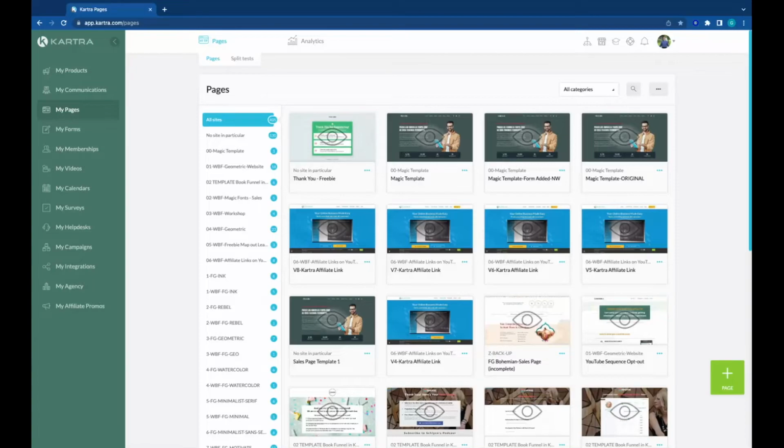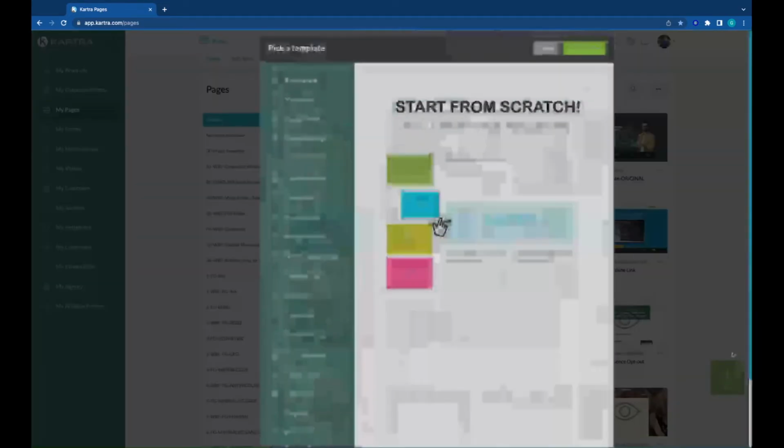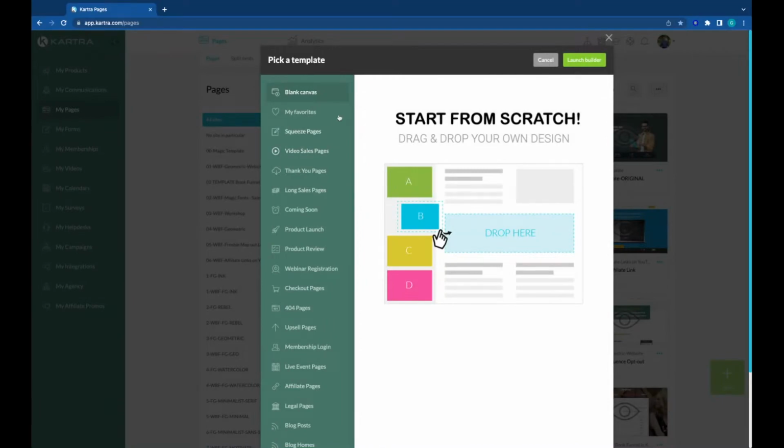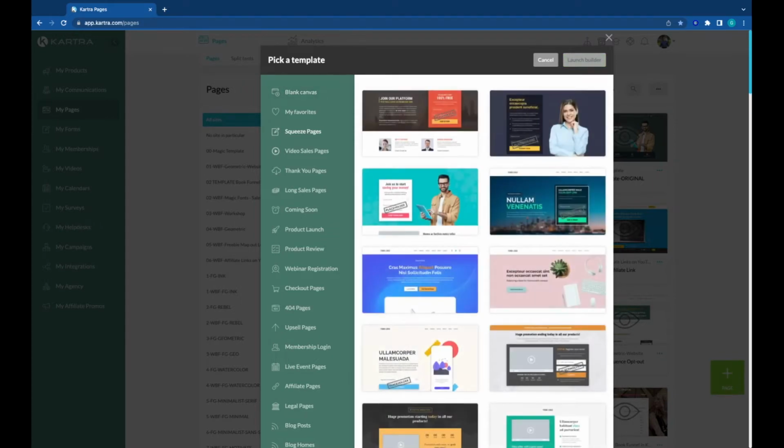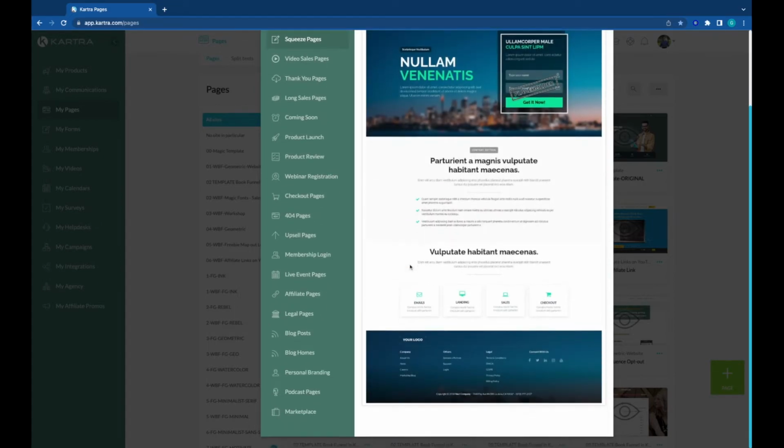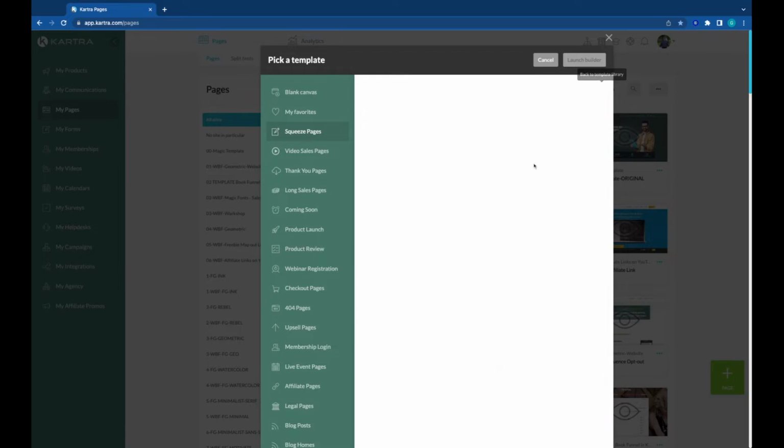Okay, now that you have your thank you page, your success page, and your form, you need to create the opt-in page per se. So we can do the same. Go here to My Pages, then click on Plus Page. And again, you can start doing your work from a template. So in this case, it will be a squeeze page. Kartra calls them squeeze pages. So we can use that one. Let's see which one you like. Let's see how this one looks. Yeah, I like this one. So I'm going to try this guy.